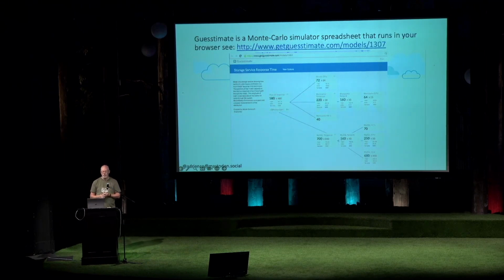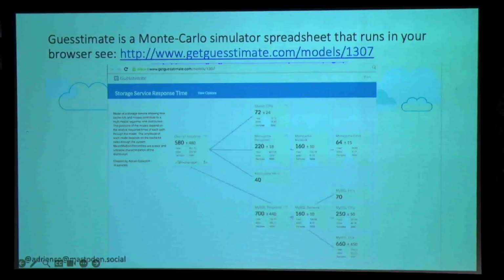And there's this spreadsheet-based thing. You can just go to this URL and play with it. It's a Monte Carlo simulator, and Monte Carlo, if you want to combine together response times, the technique you use is called Monte Carlo simulation. You have a bunch of different distributions. You can combine them together into a final one, and that's what this is doing. So on the left, you have the overall response time, and I'm modifying, so combining together the distributions of the different things. And it's a bit clunky, but it's interesting.